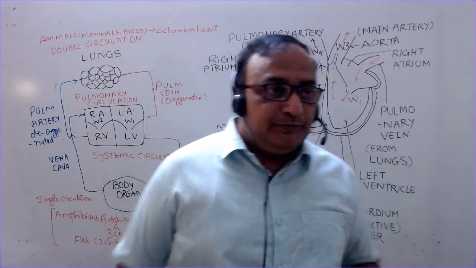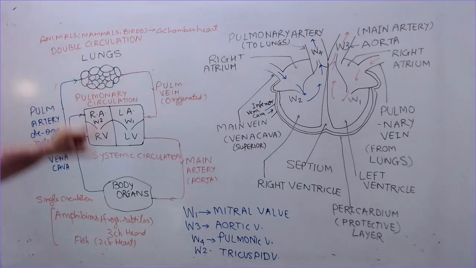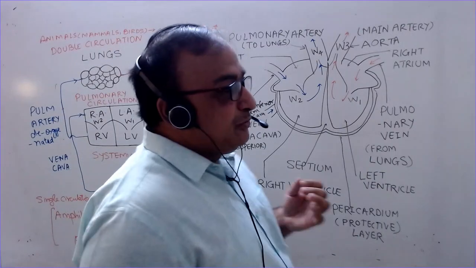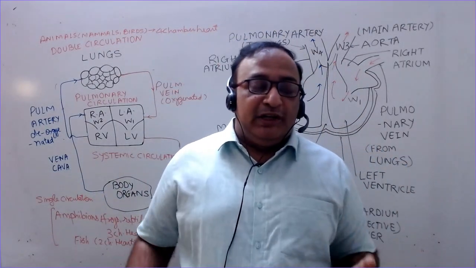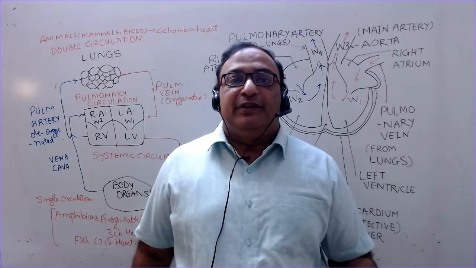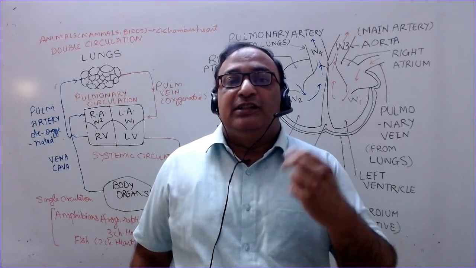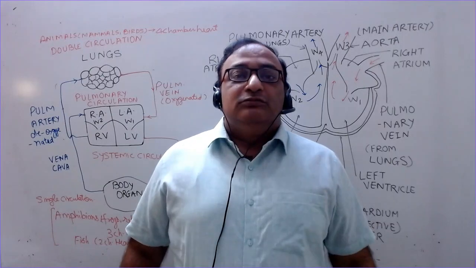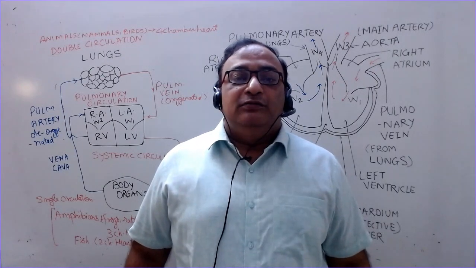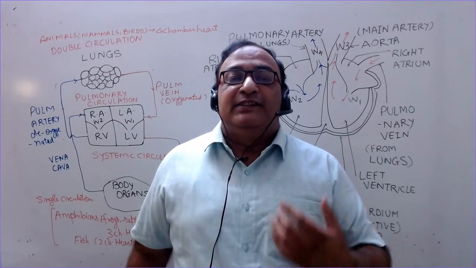So you can see here these are the lungs, other body organs. What happens in body organs, in the cells, tissues, etc.? There is a term known as internal respiration. Respiration can be divided into two parts. One is external, another is internal. What you are seeing here, inhalation of oxygen with air and carbon dioxide coming out, is broadly known as external respiration.